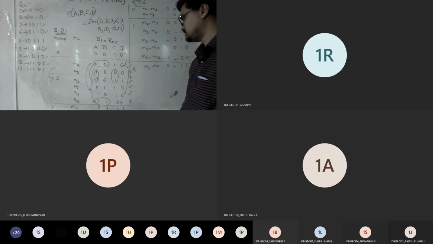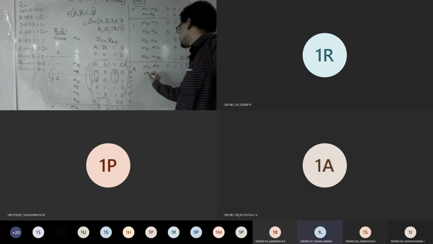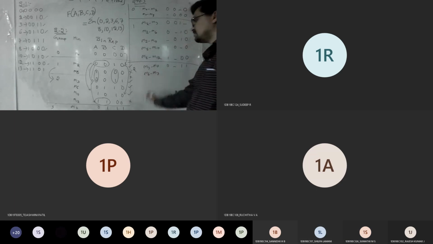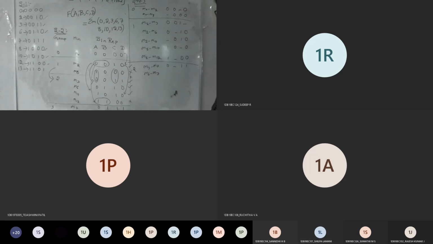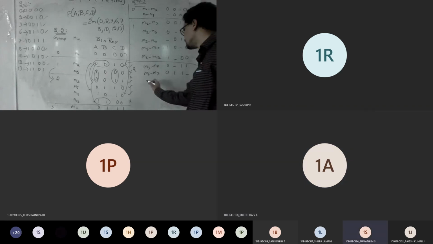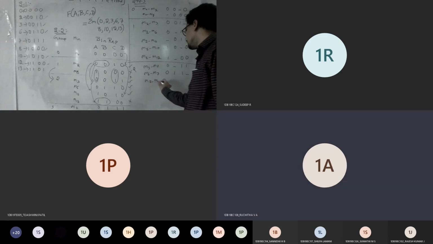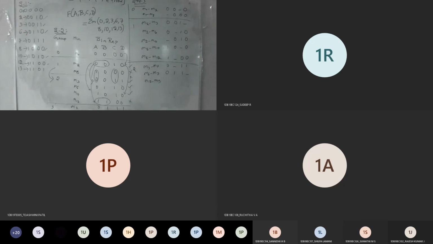Next M6 with M7. Okay, good. So M6 with M7. Yeah. 0 1 1 dash. So is it 0 1 1 dash? Yes, sir. Okay, good. Next. Check out M6 M12, with M13. M12 M13, sir. 10 is also not possible. No, sir. So straight away we can go with M12 with M13. Good. So M12 M13.